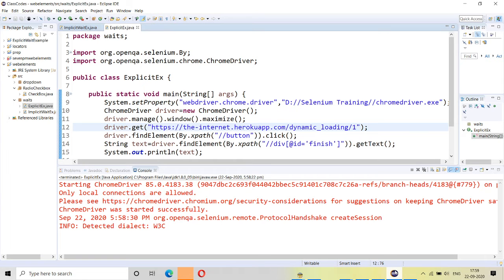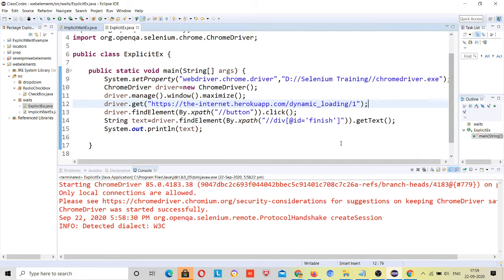See, we will get no text, right? If I try to print something here, we can understand. Value is equal to plus text, right?